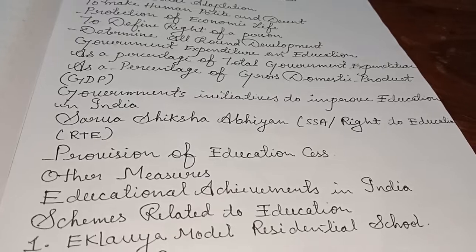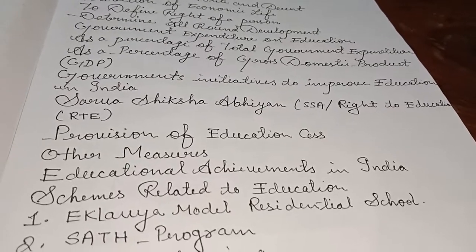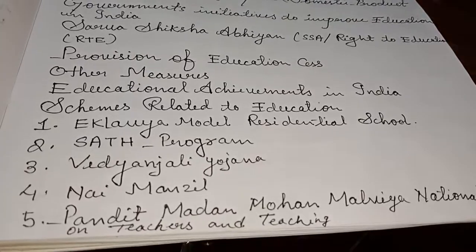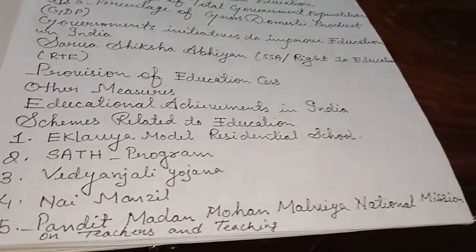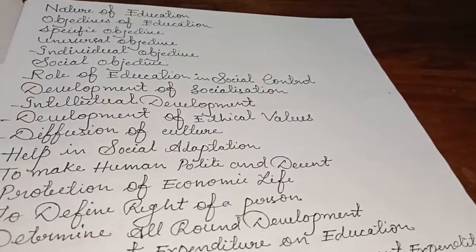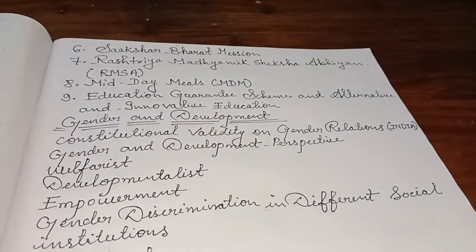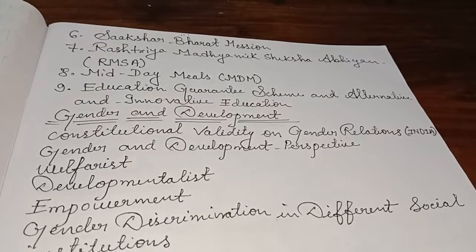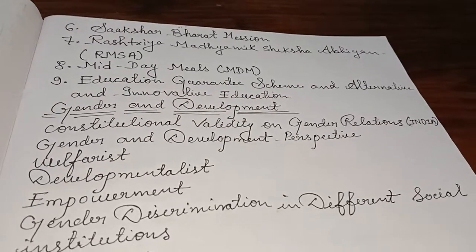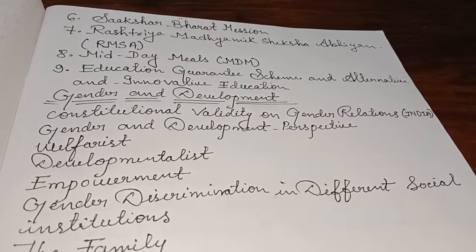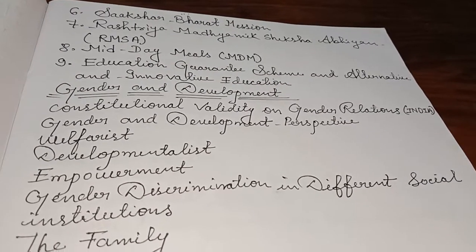India. Schemes related to education: Eklavya Model Residential School, SATH Program, Vidyanjali Yojana, Nai Manzil, Pandit Madan Mohan Malviya National Mission on Teachers and Teaching, Saakshar Bharat Mission, Rashtriya Madhyamik Shiksha Abhiyan RMSA, Mid-Day Meal MDM, education guarantee scheme and alternative and innovative